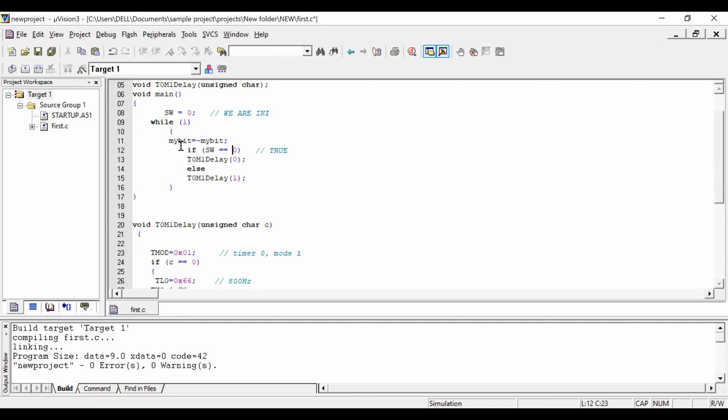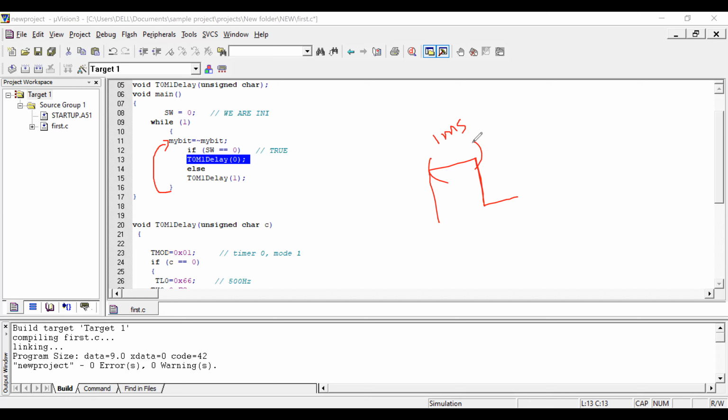switch is 0. That is, this particular pin is toggled once. Checking the condition. That is, if it is the state 0, it will send to state 1 here. It will check for the condition S0. It will generate the delay for the positive half cycle, a delay of one millisecond. Right. So once again, the program will come back. Since we have kept everything in the loop, once again it will toggle. That is, it will come down.